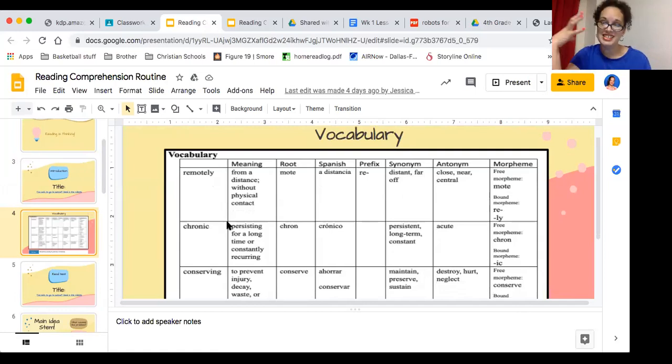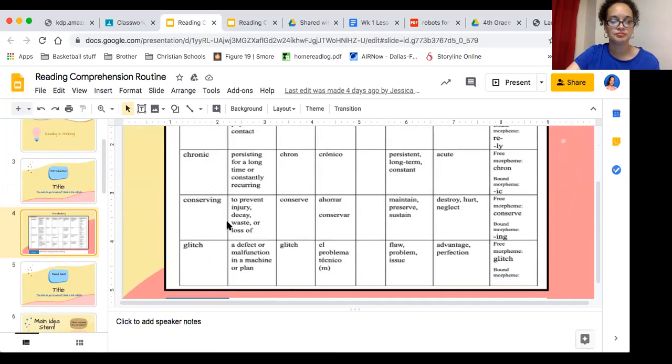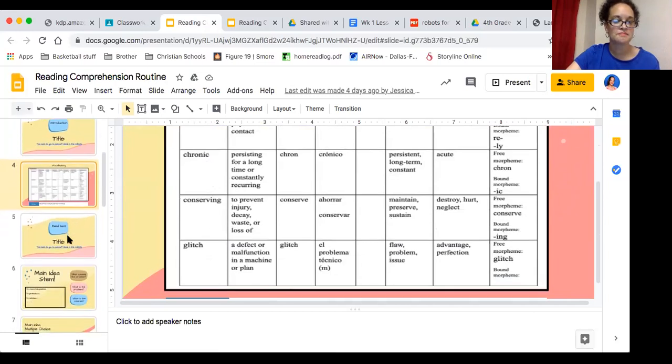So this helps you understand the text better because when you run across these words, you already know what they mean. So always look at your vocabulary first. Get familiar with the meanings. Next,